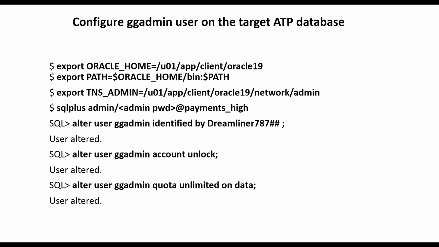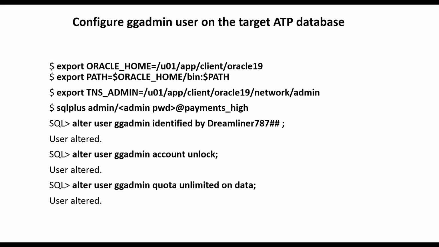I also now have to ensure that GoldenGate is able to communicate with my target. So on the target ATP database, I will connect as the admin user. In this case, my database name is payments_high. So you can see out here on the OCI compute node, that's the GoldenGate Cloud Marketplace node. I will set my Oracle home. I will set my TNS admin. So I'm using the client now, Oracle 19. So to connect to my source, I use the client folder Oracle 18, but my target database is Oracle 19. So I export my TNS admin variable, and now I'm able to connect as the admin user to my target